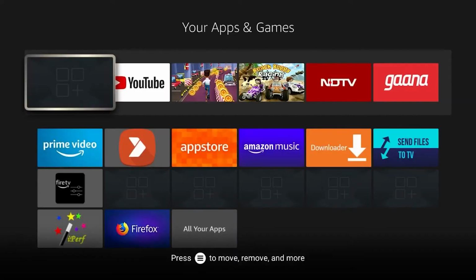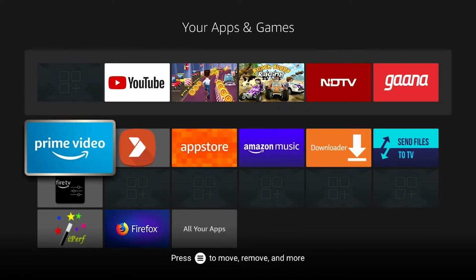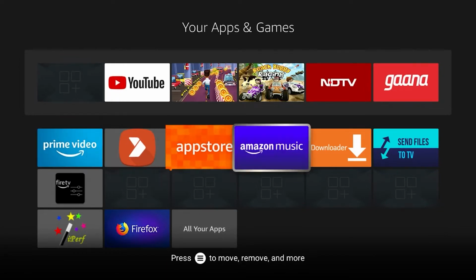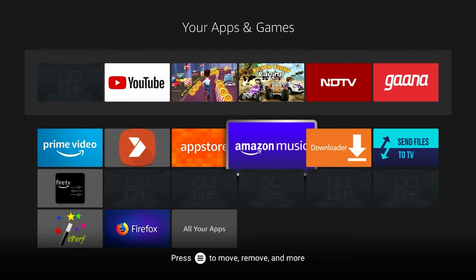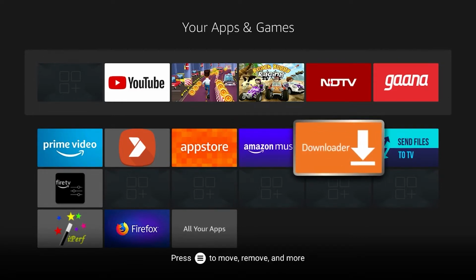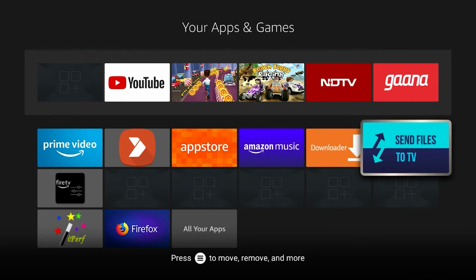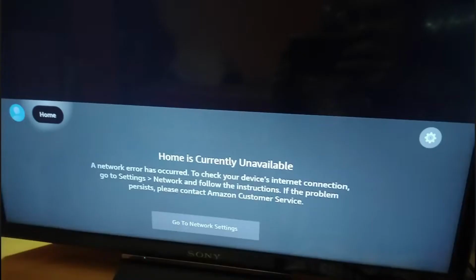The default launcher cannot be changed by default. There is no option built in, so you have to do some tweaks and use some third-party apps. Another problem is that if you do not have internet activated, you can't even use your Fire Stick devices. Suppose there is no internet, you cannot stream online videos, then you might want to play some games, but it is not possible in the Fire TV default OS or default home launcher, because then it will show something like this. It will ask you to connect to the internet. So let's go into the process of how you can install the custom launcher or third-party launcher in the Fire TV OS.